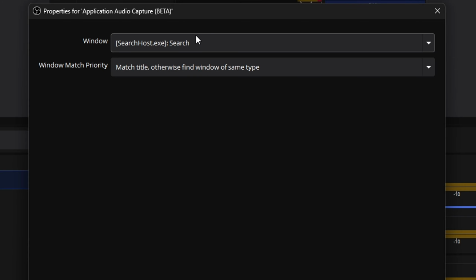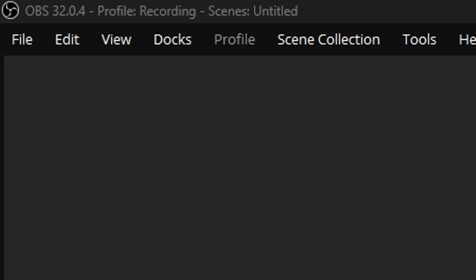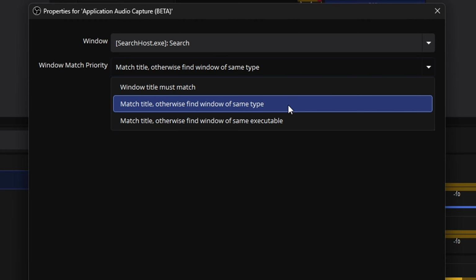You choose the specific window. Window title must match means it has to be the exact same title as the window. So let's say you update OBS. Up here, you can see the window title, and you want to capture this for something. Let's say we're on 32.0.5. It will not record it at that point, which is why people will choose match title, otherwise find window